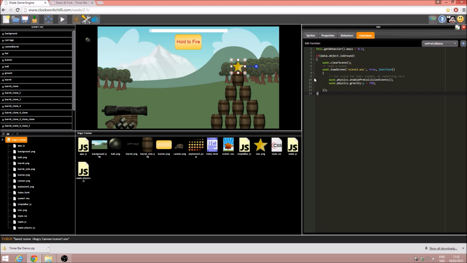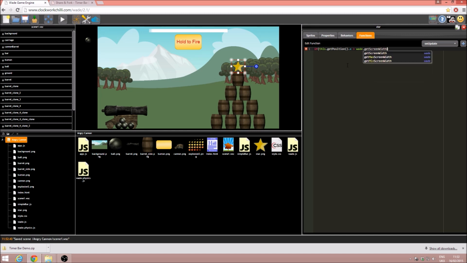Excellent. So I think we should test this out first before we add our final feature. Or should we? No, we'll go ahead and add the final part. We need to, in the onUpdate function for this, make sure that the star doesn't get blasted off the right of the screen, because that's not very visually pleasing if you can't see what the objective is. So we're going to do if this.getPosition.x is greater than way.getScreenWidth over 2. Then of course we've gone off the right of the screen,